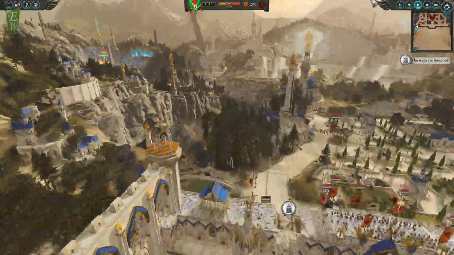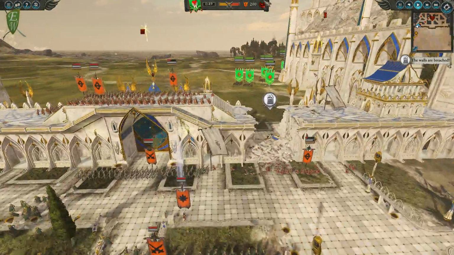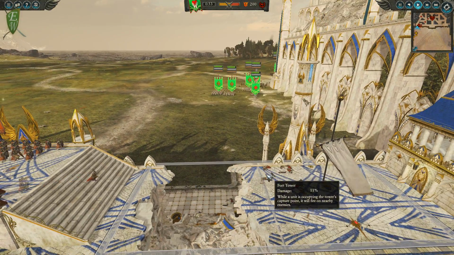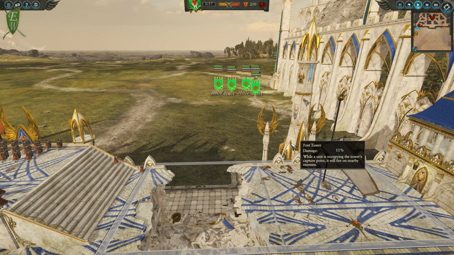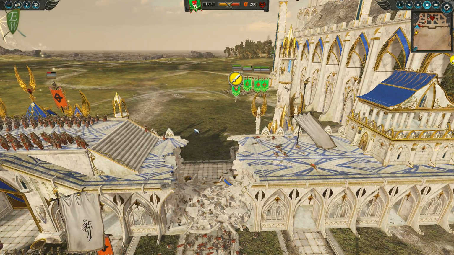I was using Vor's anvil on the right. You need to aim it, so when there's a unit you need to make sure it aims like here or just behind it to destroy the tower. That's what my plan was, but it wouldn't let me. So because I couldn't